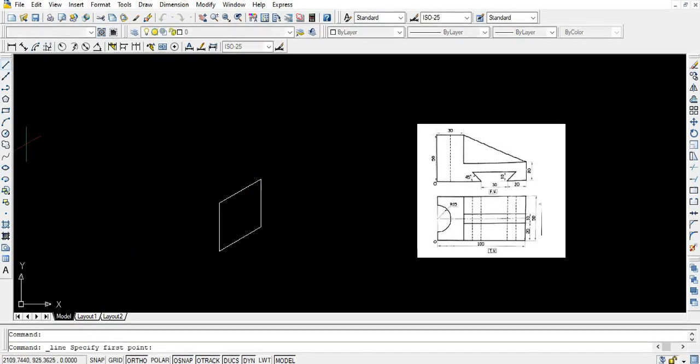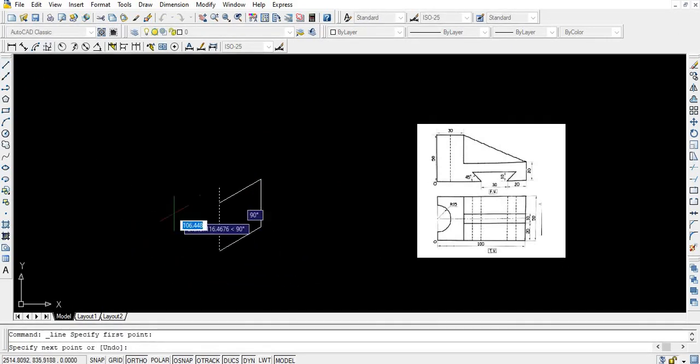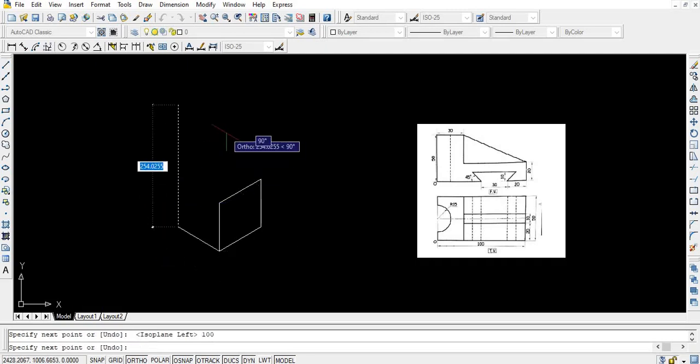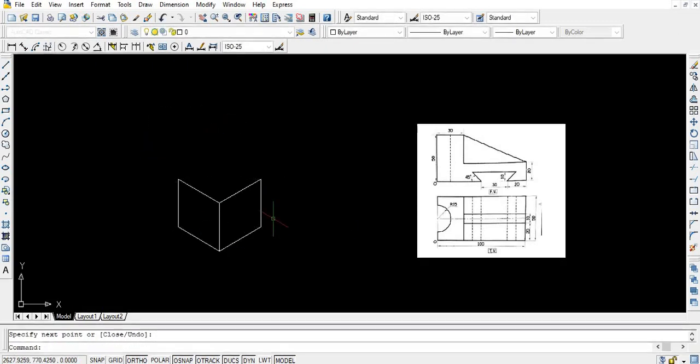Now similarly I will draw a left plane. For the left plane I have to change the plane by pressing the F5 button. Press F5 and click. Here 100, enter, move the cursor 100, again move the cursor 100. This plane is called the left plane.